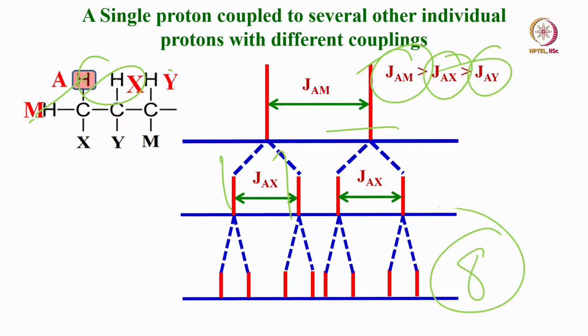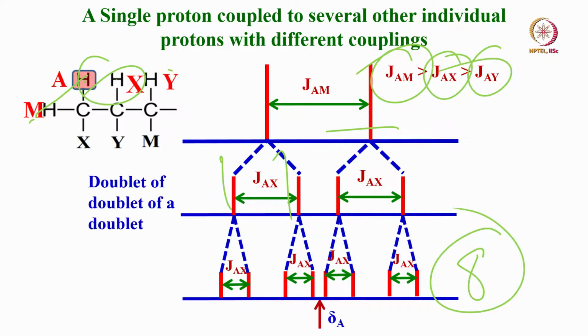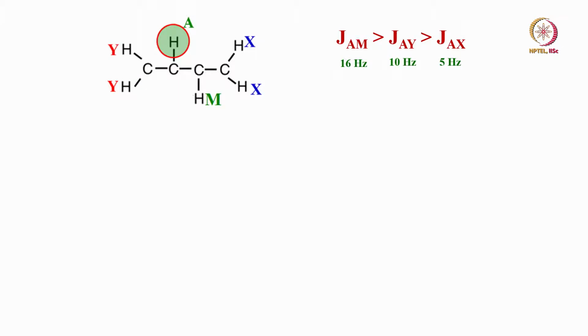When you are analyzing splitting patterns in the case of chemically inequivalent spins, we have worked out what is called 2 to the power of n. You must be remembering that. So this is the pattern we are going to get for different cases. You can also think of what happens in situations like this, when this is coupled to CH2, CH and CH2 like this.